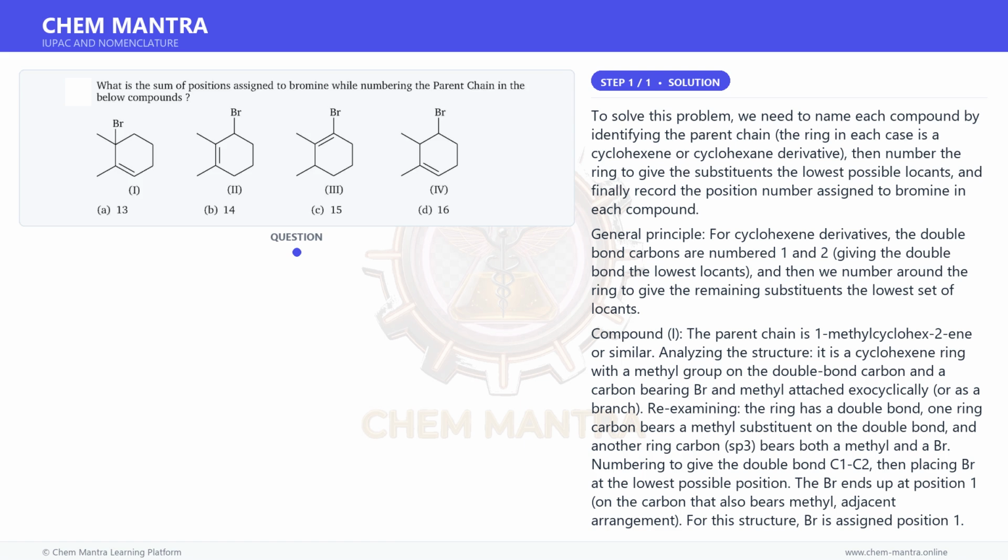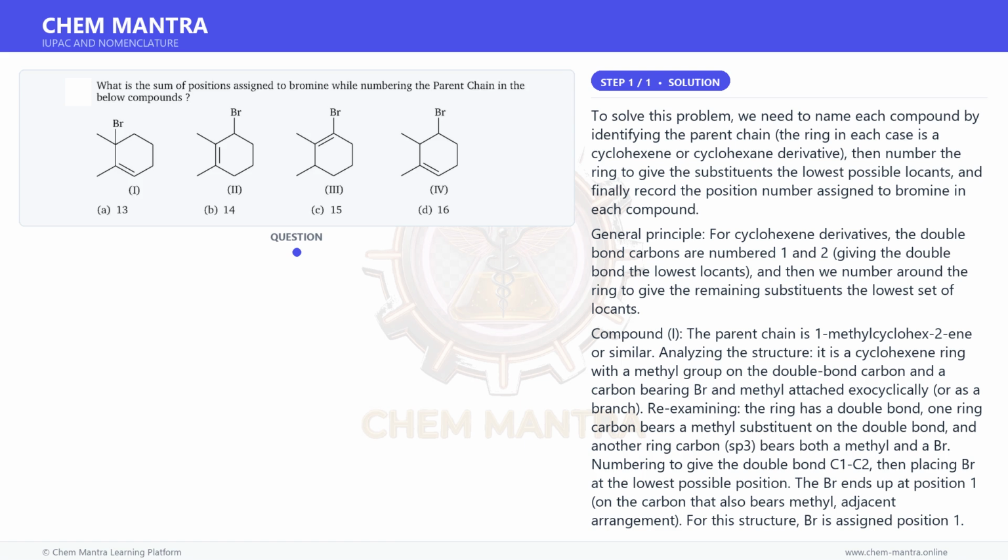of locants. Compound I, the parent chain is 1-methylcyclohex-2-ene or similar. Analyzing the structure, it is a cyclohexene ring with a methyl group on the double bond carbon and a carbon bearing Br and methyl attached exocyclically or as a branch. Re-examining, the ring has a double bond. One ring carbon bears a methyl substituent on the double bond, and another ring carbon, sp3, bears both a methyl